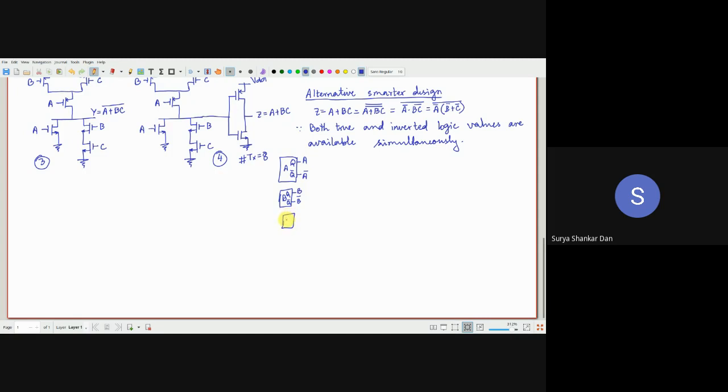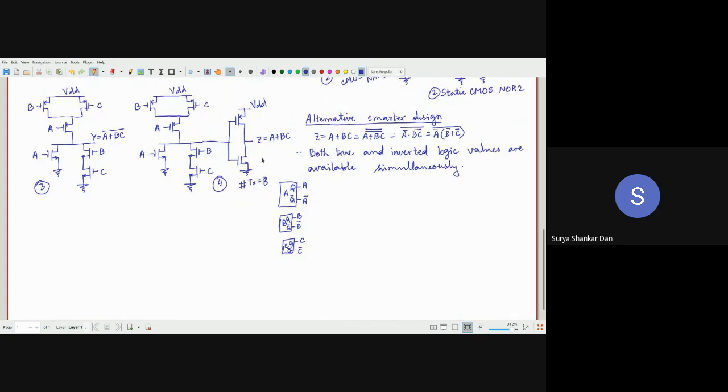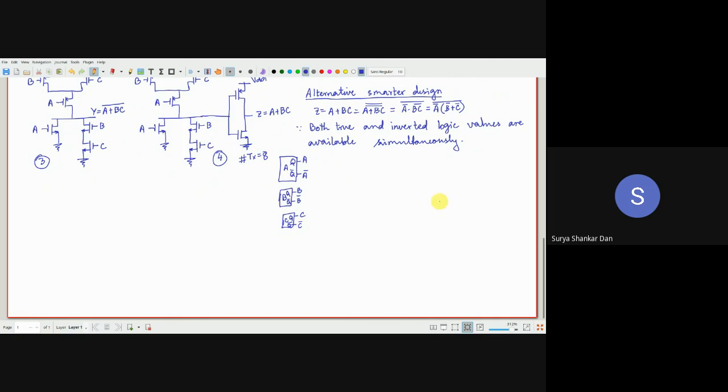So it is kind of stupid to use A and B and then use an inverter. Instead, just use the inverted output from the previous stage. So here is Q, this is your Q bar. All we will do is, instead of choosing the A, B, C for this circuit, we will choose the A bar, B bar, C bar, the inverted outputs from the previous stage, and use these for your circuit design. Notice that B and C are in parallel. So B bar and C bar are in parallel.